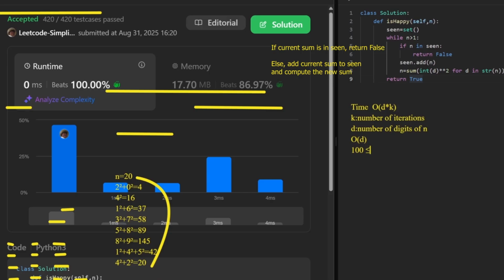Let's calculate d. Let's take a look. In other words, if n has d digits, then it lies between equivalently. So in general, the algorithm runs in big O of log n time. Space complexity is also big O of log n as well, since we use a set to keep track of